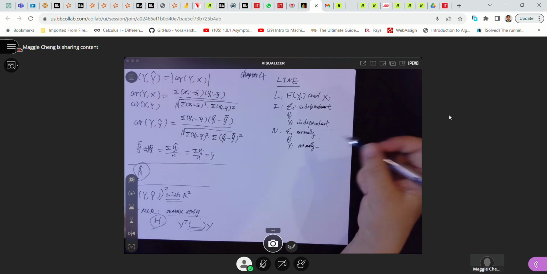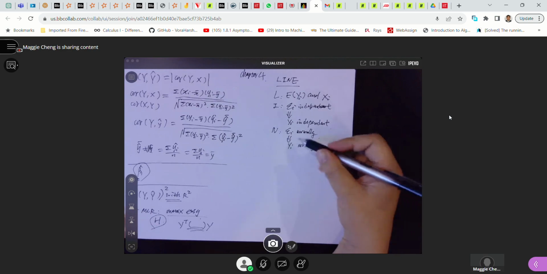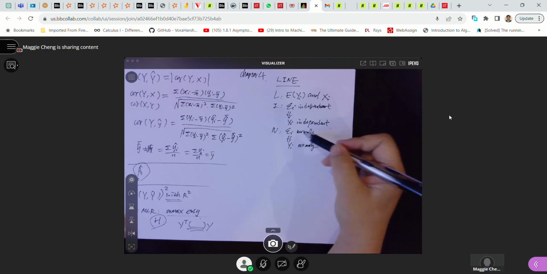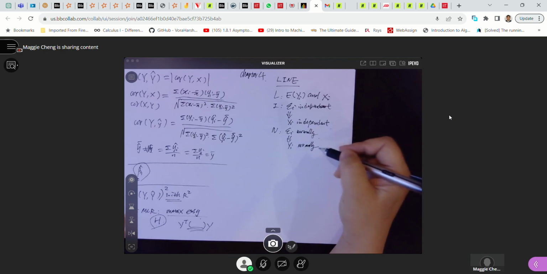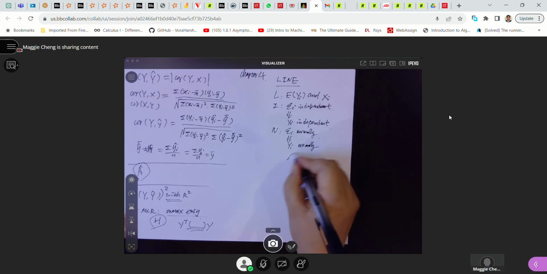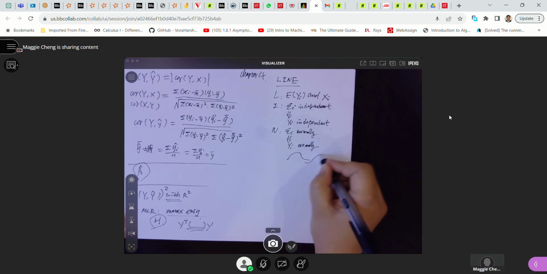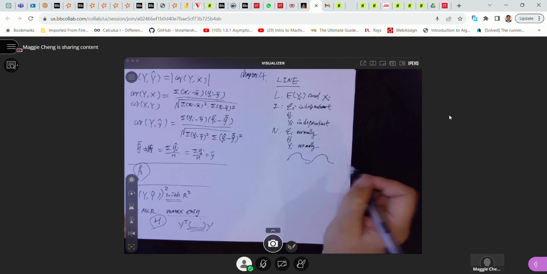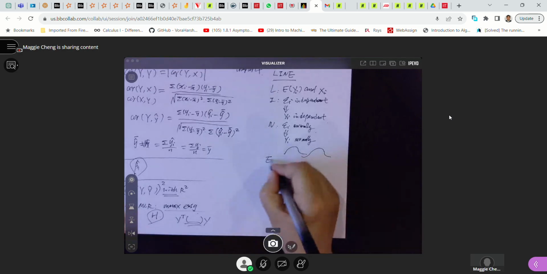Why? Because the first part is a constant plus epsilon i. If this is normal, a normal random variable shifted by a constant is just located at a different location. It was here, shifted to here, it's still normal. And also there's an E,